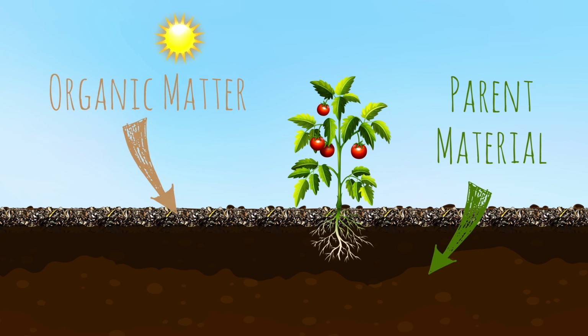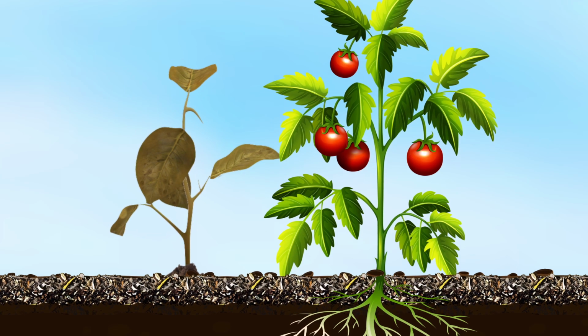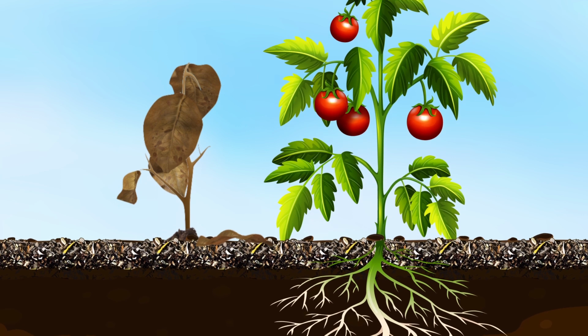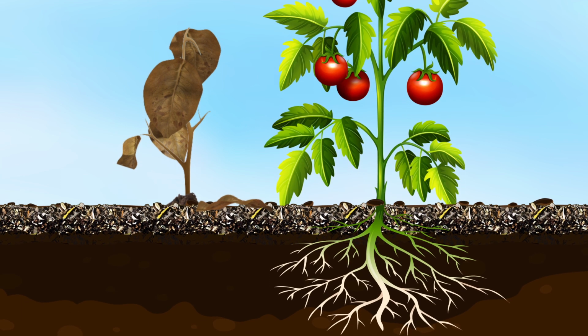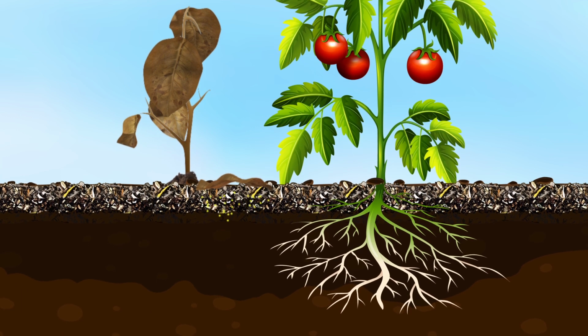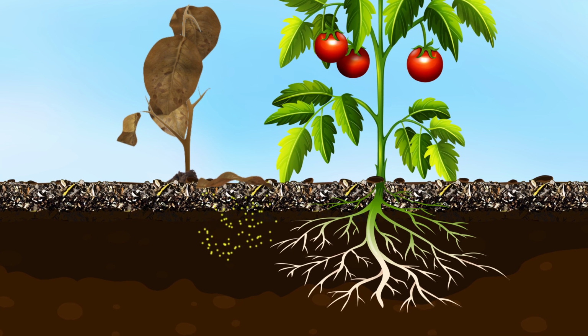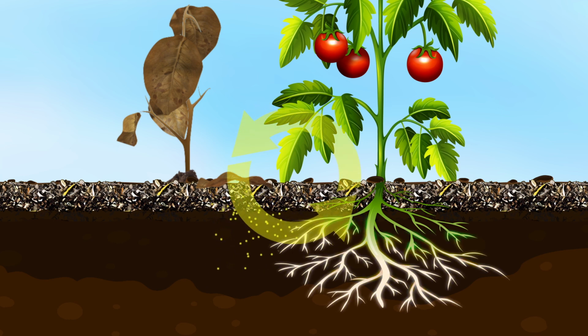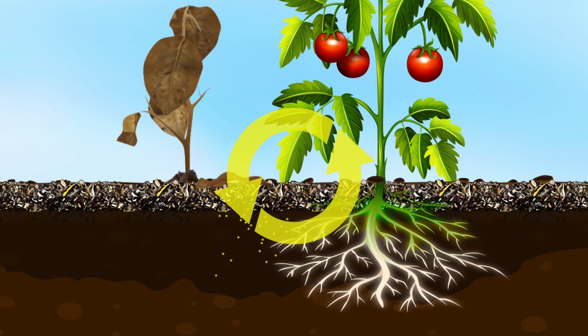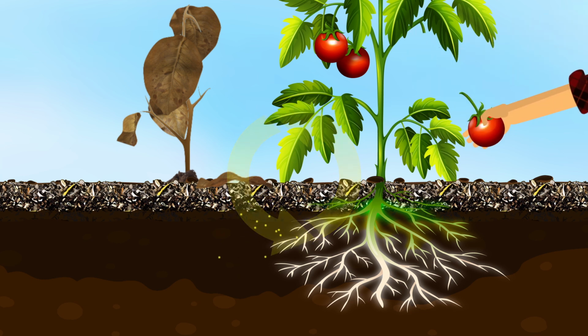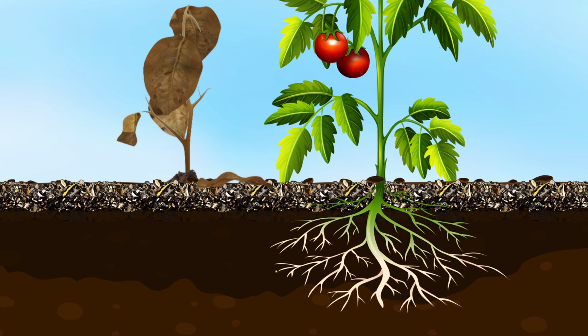organic matter. When dead plant material, or organic matter, falls to the surface of the soil, it's gradually decomposed by microorganisms. Nutrients are then released into the soil in plant-available form. The next generation of plants then absorbs these nutrients, and so nutrient cycling begins again. We humans remove nutrients from this cycle when we take food from our fields, but these are easily replenished when